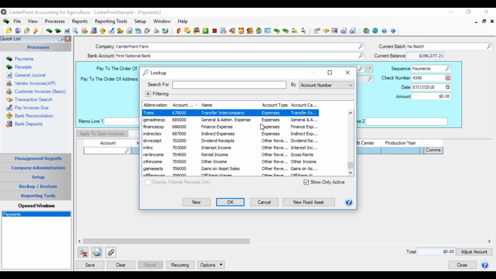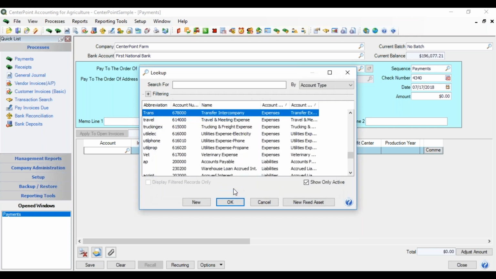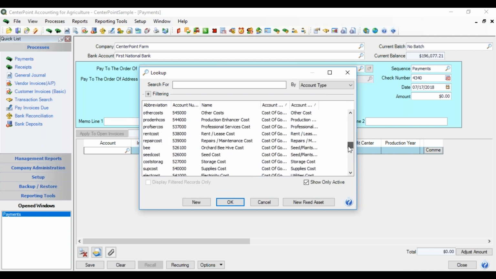If I wanted to order this list by perhaps the account type and the category, I could right-click, go to Sort Columns, and tell it that I want to add account type over here. I'm going to remove account number and then bring category over. So it'll first order it by account type and next by category. Click OK. And now my list is ordered by expenses and liabilities and so forth,